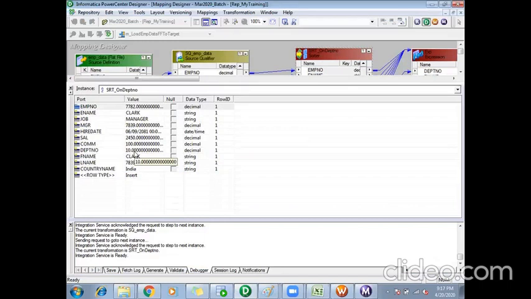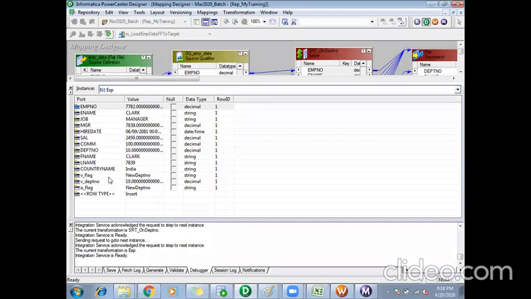So now you can say whether the data got sorted correctly or not in this debugger mode. So 7782, that is department 10. So it is showing me the sorted data. So I will press F10 again. Now from the sorter, it went to the expression. In the expression, you can see the values which we assigned to the variable ports.